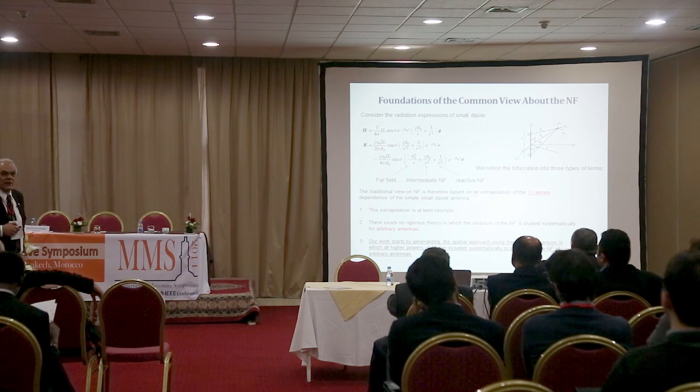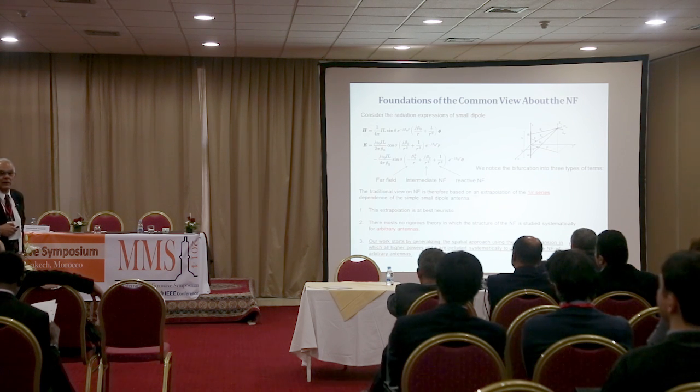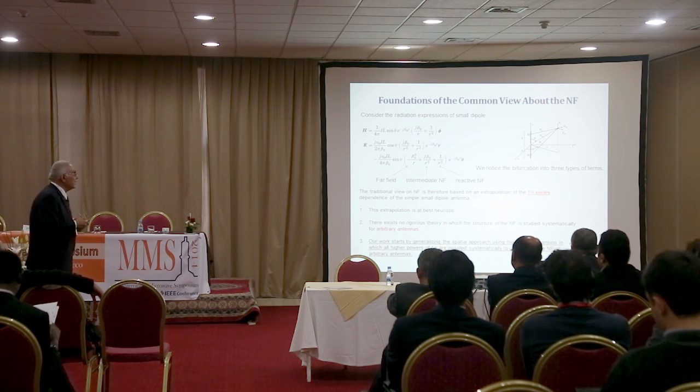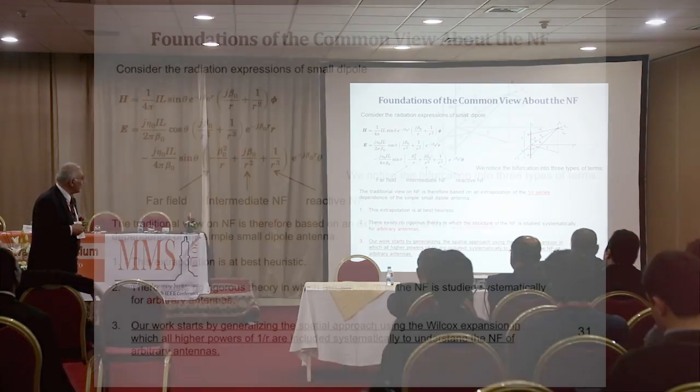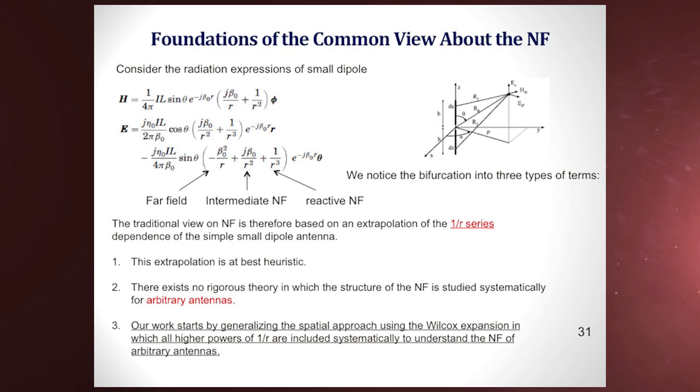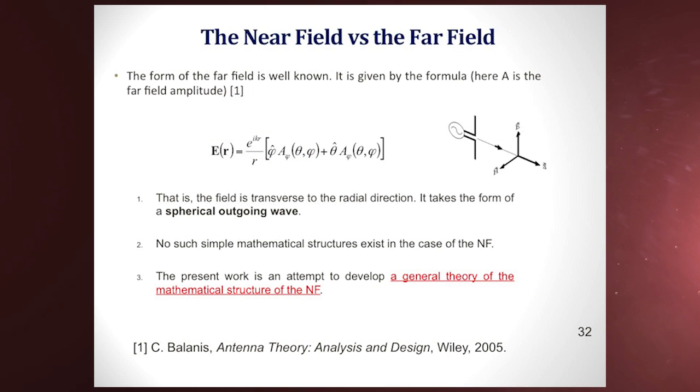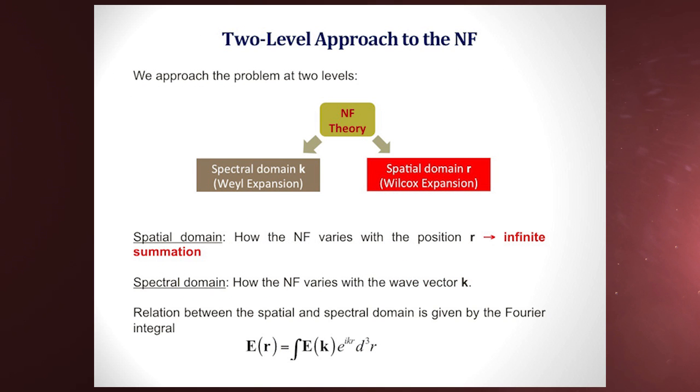Let's take the simplest antenna we have, which is the Hertzian dipole, the elemental dipole. In any textbook, you see these equations here. The field, and you do the curl, and so on, and you get this. But you notice we have H, 1 over R, 1 over R squared, E. So we talk about far field, intermediate field. Well, these are all heuristic. These are all assumptions. But you notice here the 1 over R series, and there is really no such description for any other antenna. So this is basically where we started. And any far field is known, but this is so the.